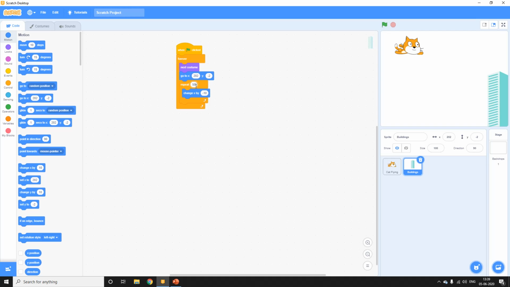Okay. So now see, whenever I click on the green flag, you see, the costume is changing, and now if you see the complete stage area, what you'll see is that the cat is actually flying because the buildings are moving. So you can also stop right here, but you can also add another sprite which will bring more reality to your story.